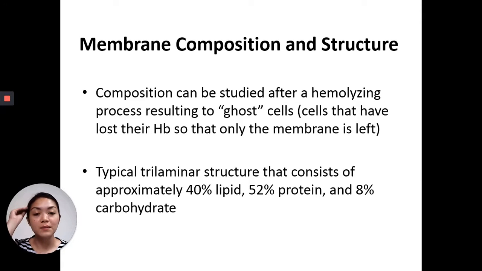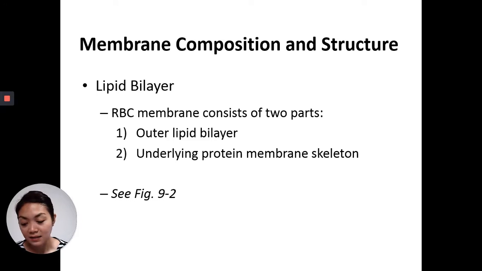Okay, so how do we study the membrane composition of the red blood cell? Of course, we remove first the major cytoplasmic component, which is hemoglobin. So ang appear na lang is the membrane, and we call that a ghost cell, with a membrane alone without the hemoglobin. So the structure of the membrane is actually trilaminar, the same with other membranes, made up of 3 organic molecules. The major one is the protein, 52%, lipid is 40%, and carbohydrates is very few, 8% only. Okay, so let's start with the lipid structure of our